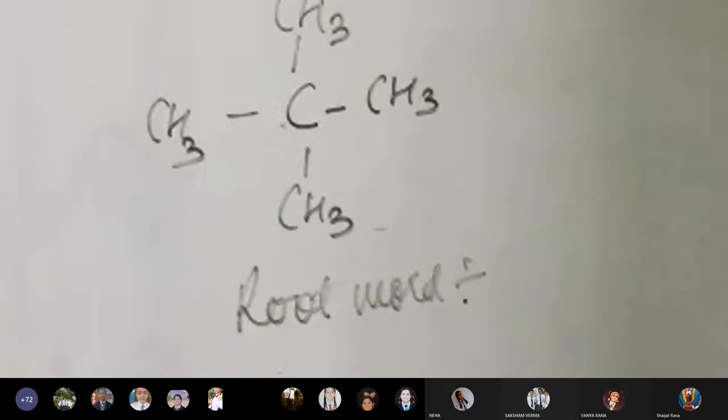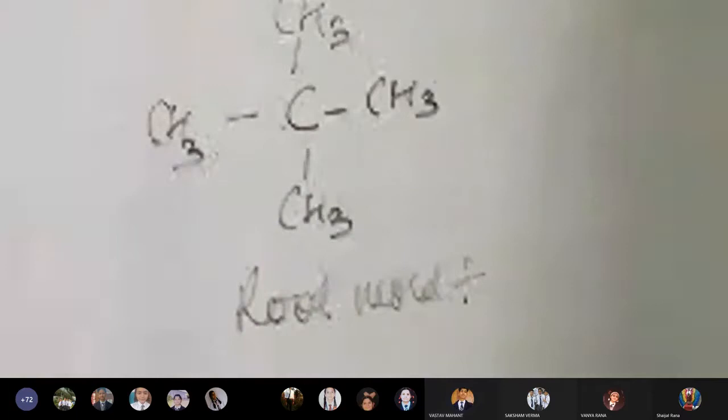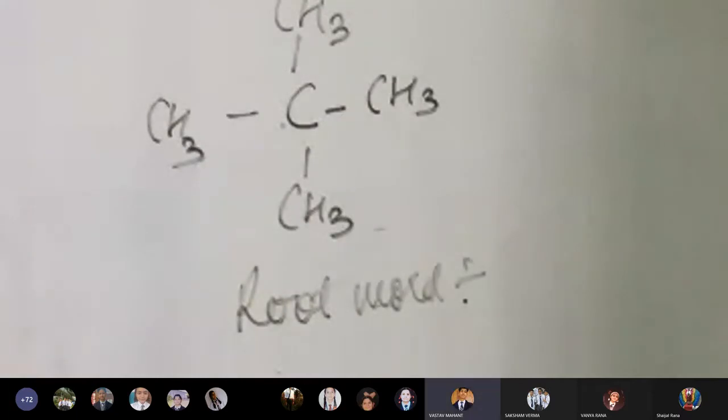Vastav, I'm not able to see what is written on the board. Okay, so do one thing now, Vastav. In page number 194, A part question, first question, you have to tell me the root word. Okay, you can use the book. A part it is, I have written. Tell me the root word. Take your time, 2 minutes if you need it, and let me know what the root word will be.